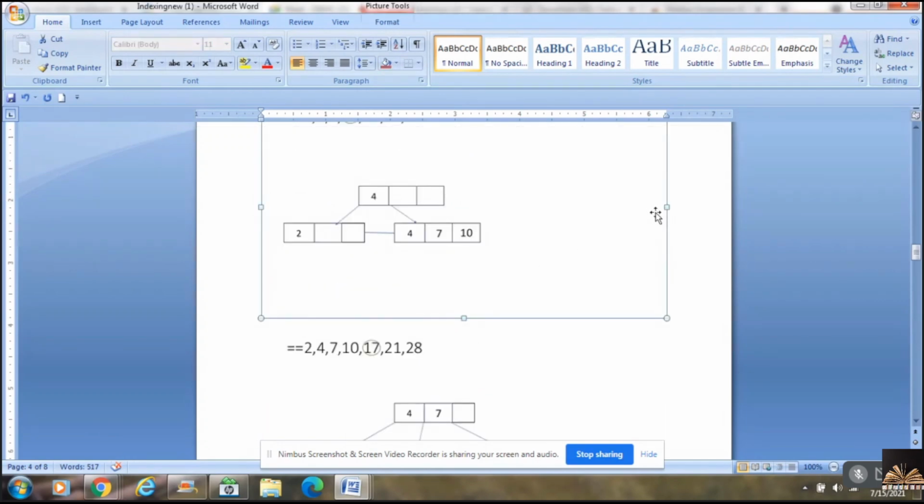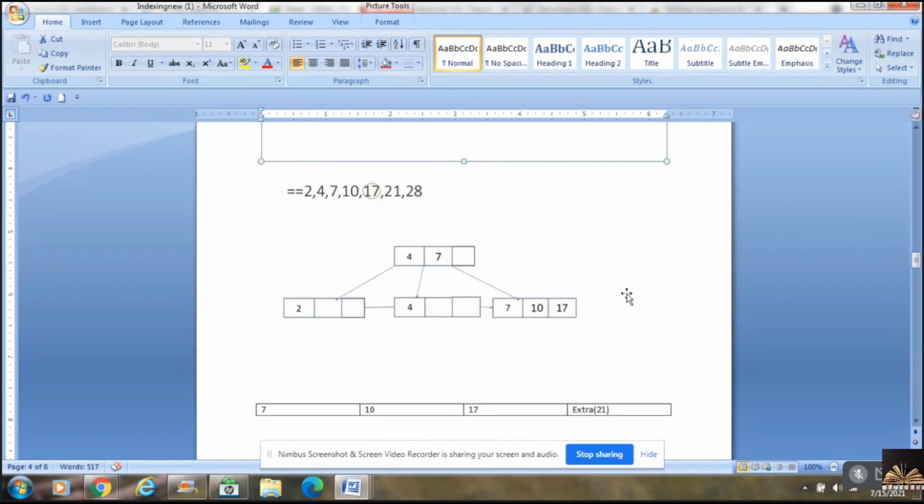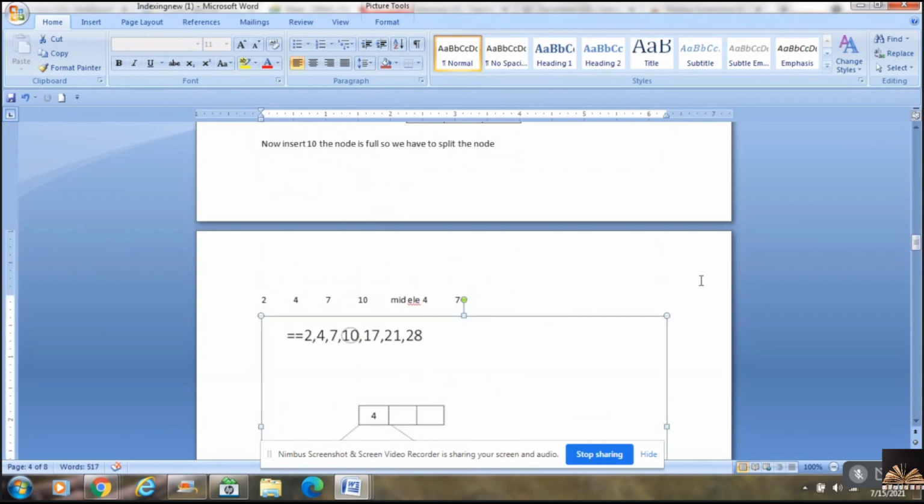Whenever you work with either a left bias or a right bias while inserting, you have to follow the same process throughout the insertion process. Maybe after some time you are working with right bias, and again after some time with left bias. Don't try to mix that. That would lead to a problem, a confusion. So either go with left bias or go with right bias. If you have two middle elements, this matters. If you have one middle element, there is no issue.